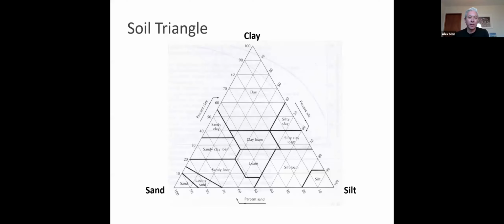Soil triangle. There are three main components of a natural soil: sand, silt, and clay. And depending on the proportion of each component, you can get different names. So in this triangle, up at the top, right at the peak, you'd have 100% clay. And as you move down this axis, you get less and less. So 90, 80, 70, 60, and so on. Same thing for sand, 100% at the point, and then less as you move down. And same with silt, 100% at the point, and less as you move up that axis. And then wherever you land in the middle gives you a different kind of name.